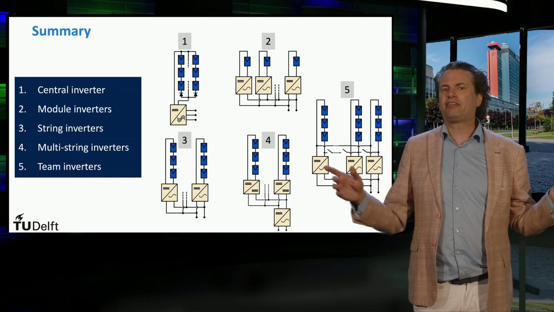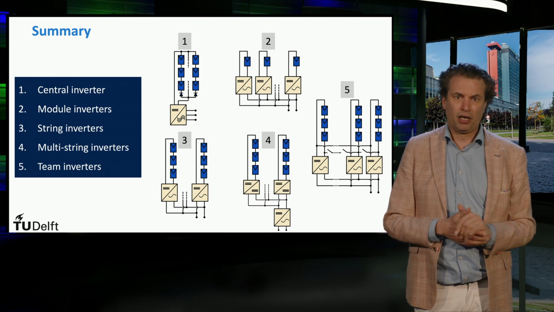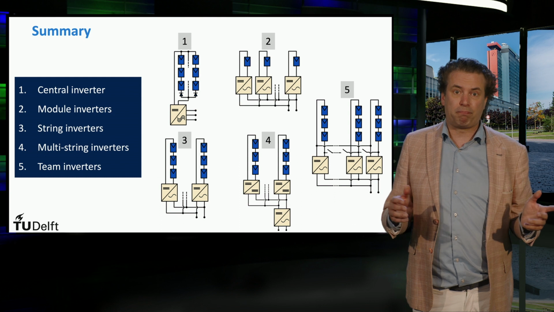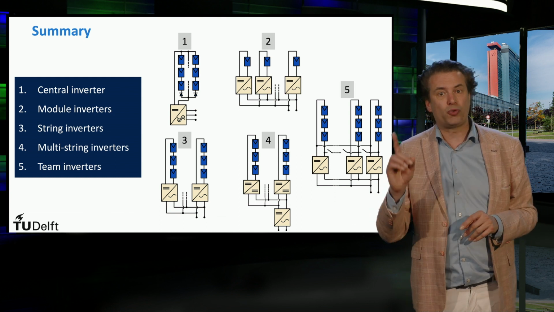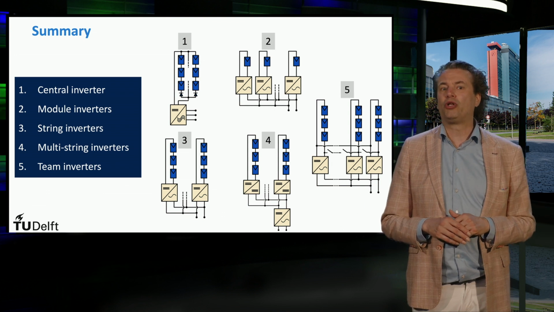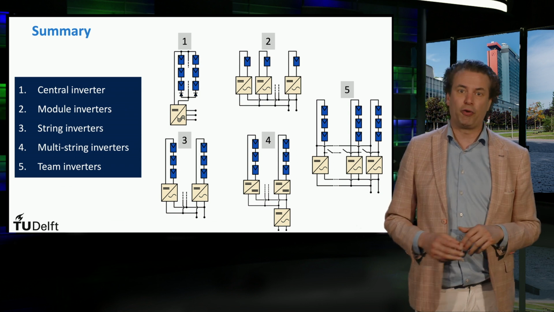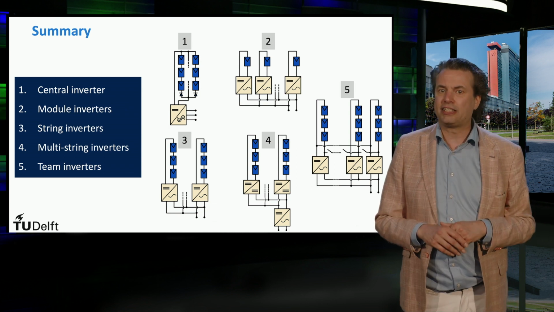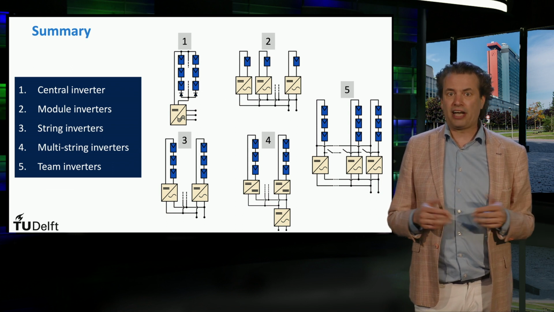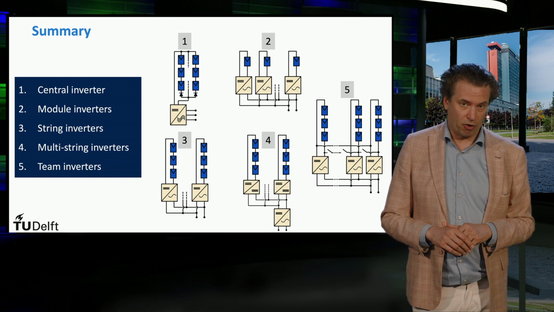To sum up, in this video we have seen 5 main installation concepts for solar inverters. The first and easiest architecture is the central inverter, which connects in parallel different strings directly to one single 3-phase inverter. The second type features module inverters. Here some microinverters are directly connected to one or a few PV panels. As we have seen, this design makes the system more flexible and easy to expand. On the other hand, the cost can become prohibitive if there is a high number of modules.